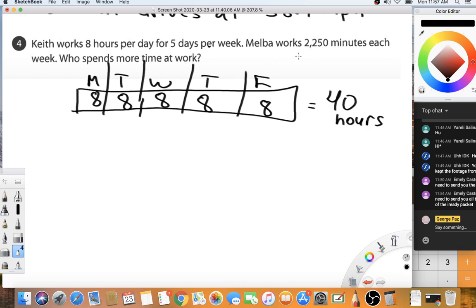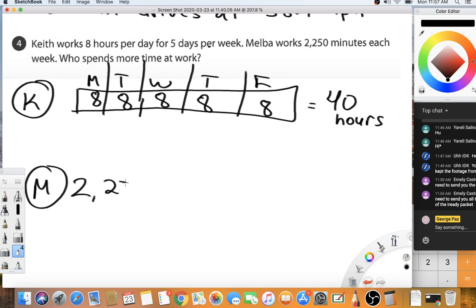Now, it says that Melba works for 2,250 minutes each week. Who spends more time at work? Now, this is Keith's. For Melba, she spends this many minutes working. But I have hours up here. So I can do 2 things. I can change the hours to minutes, or I can change the minutes to hours. Now, if I go from hours to minutes, I need to divide it by 60 because there's 60 minutes in an hour. Now, if I go from minutes to hours,